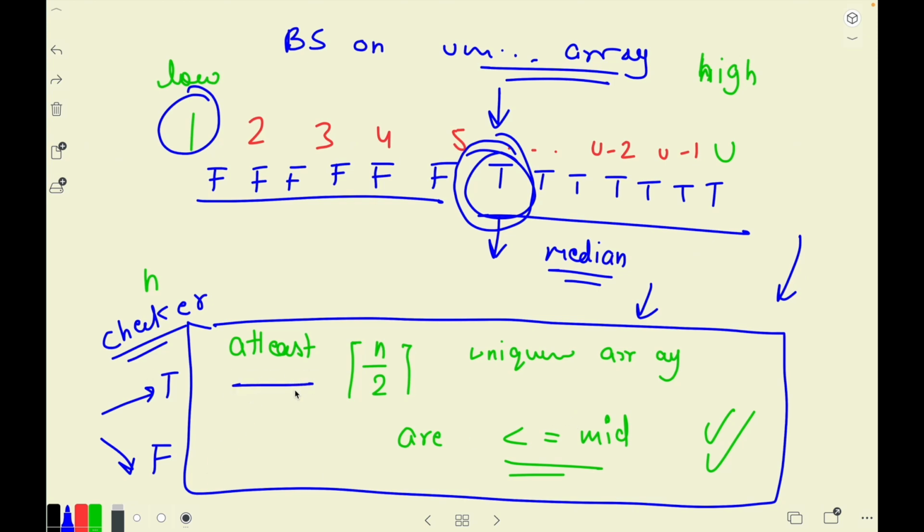Yes, at least, I will repeat this again. It will return a true if I find at least ceil of n by 2 elements, like, ceil of n by 2, at least ceil of n by 2 count of sub-arrays